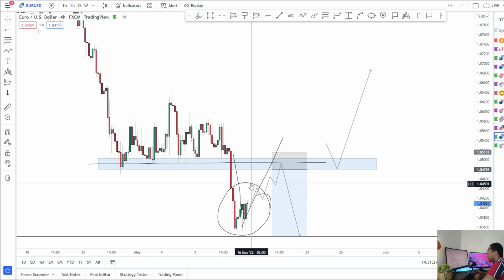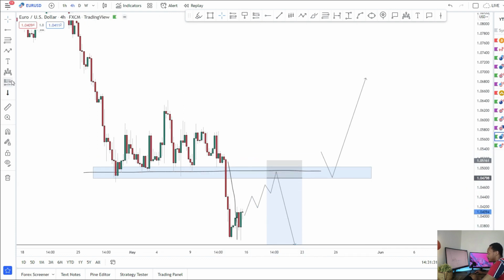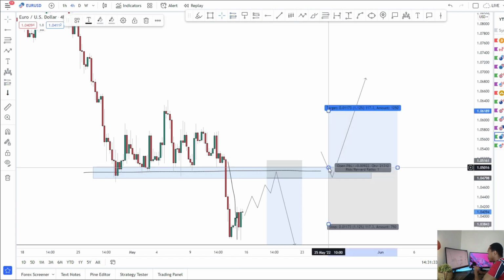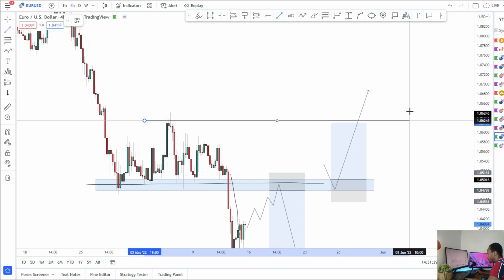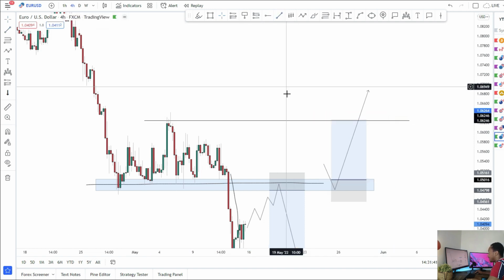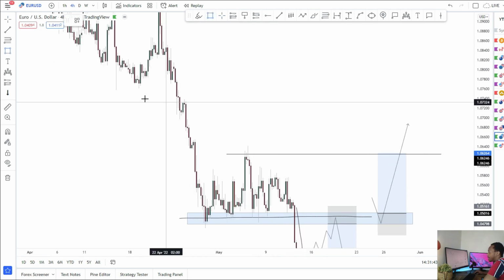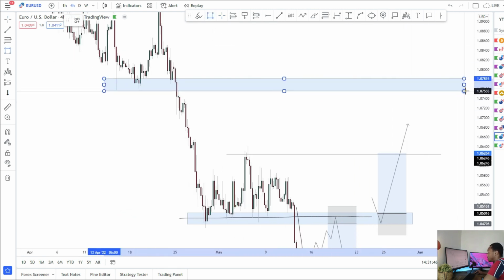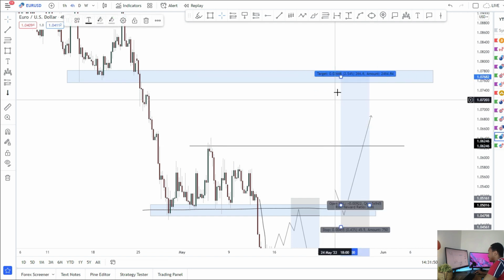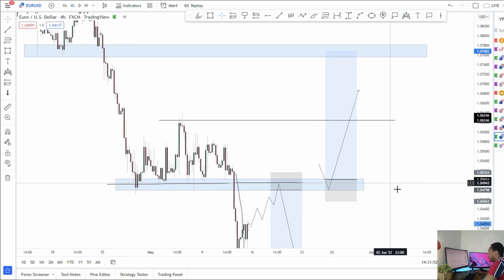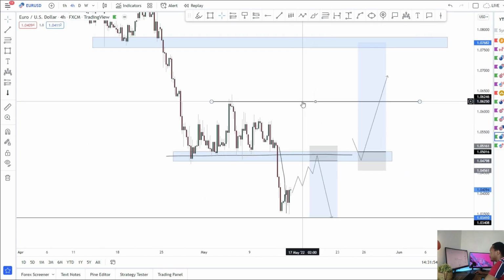So I will be entertaining longs only if we do break above, though. Other than that, I'm focused on the shorts and just playing that bearish momentum. But if we can break to the upside back above that level, we'll be looking for a push into this zone here. And then if we see some real momentum come back into the level, which we can definitely do because of where we're trading, I'm looking at 1.07600 into that zone, all the way up there, if we can break through that level at